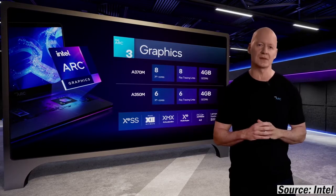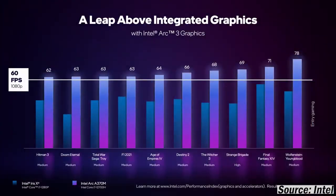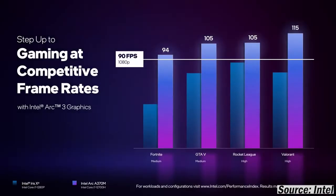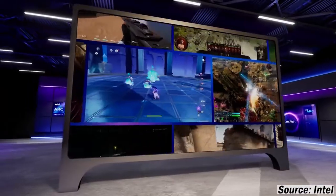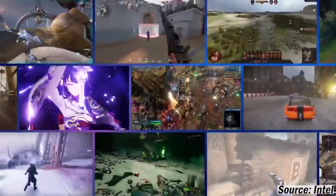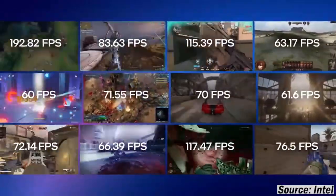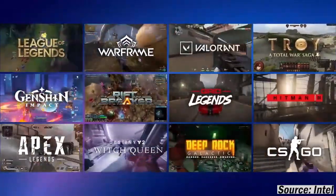Now let's look at the performance of the A370M. These laptops will deliver over 60 frames per second at 1080p on a range of popular titles. Also, for popular esports titles where high refresh rates are often demanded, you can see that Intel Arc 3 delivers over 90 frames per second, enabling competitive gaming on the go in some of the most portable designs in the industry. The titles here are all running on Arc 3 graphics. We're working with an ever-expanding list of game developers to ensure the most popular titles deliver the best possible experience